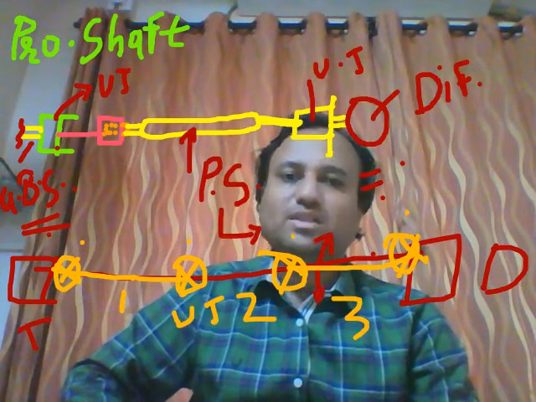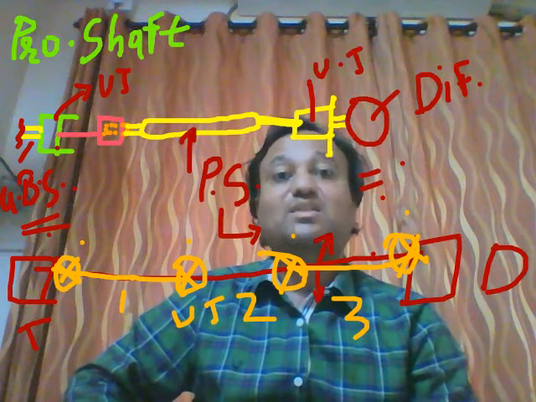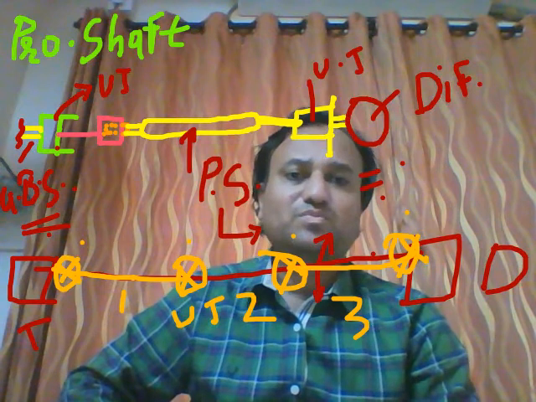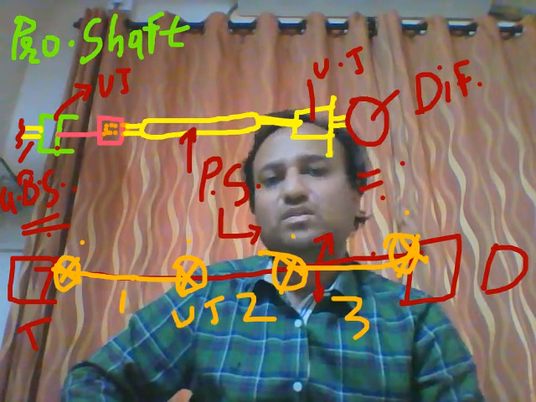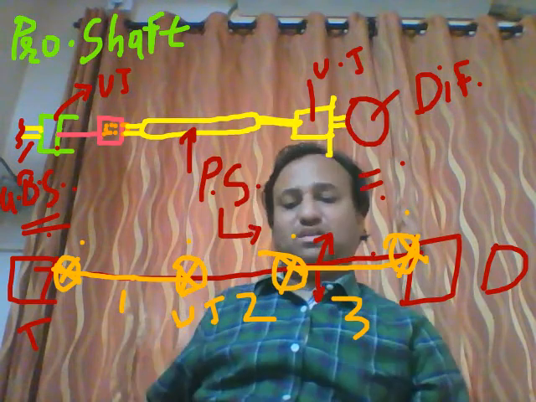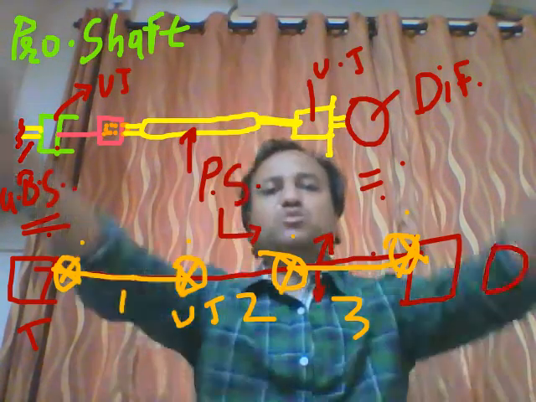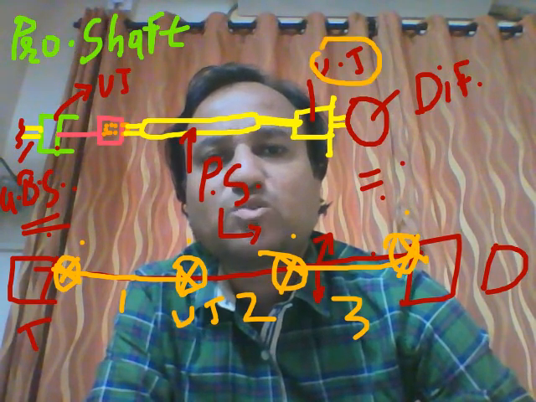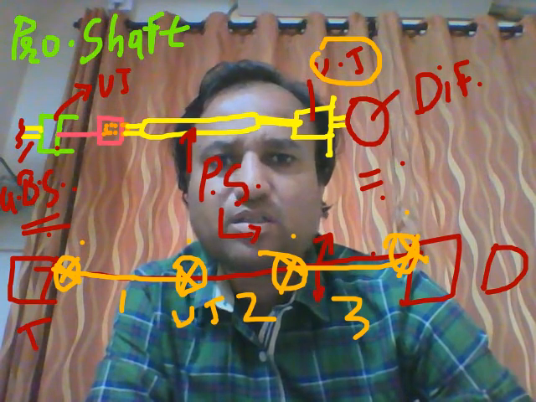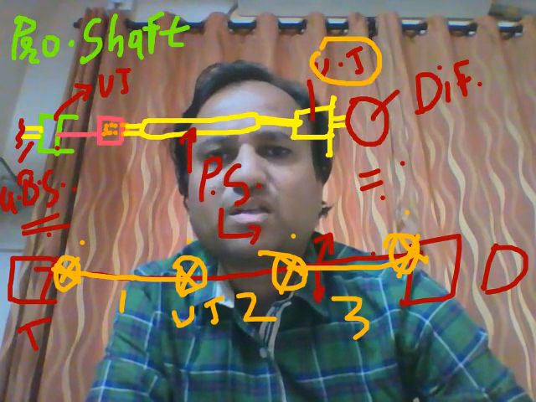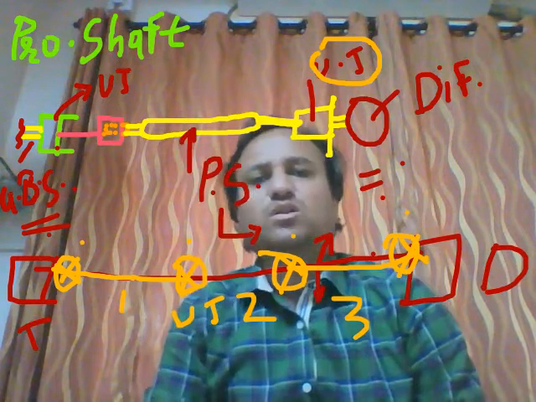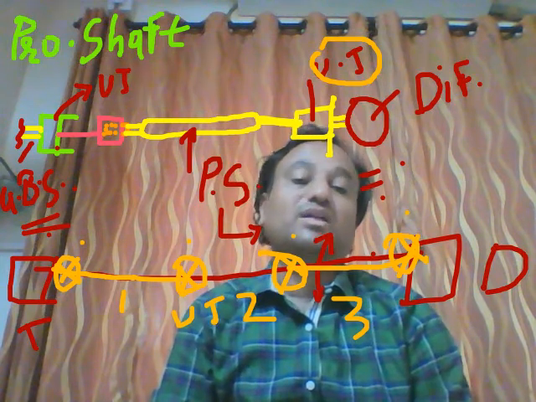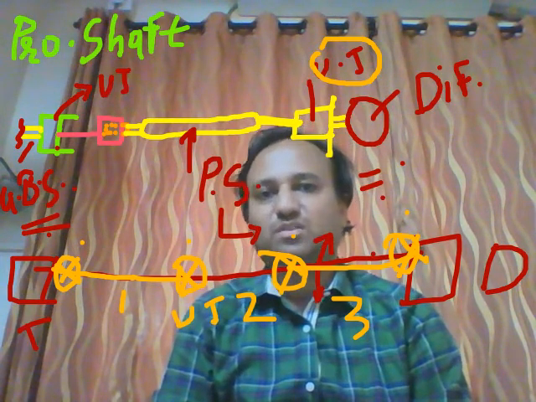A universal joint is nothing but one type of coupling, that is a flexible coupling. Student, I think you might be aware of the different types of coupling. To connect two shafts, generally a coupling is useful. So this special type of coupling, the universal joint, we are using since the universal joint is useful to connect rotating shafts. The shafts are not stationary, they are rotating shafts responsible for motion and power transmission.